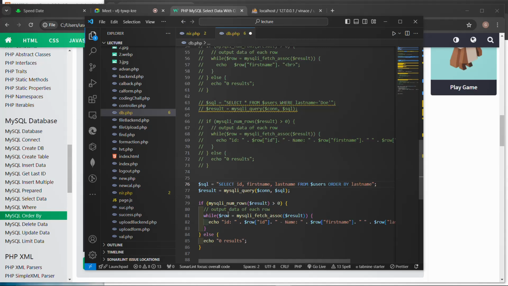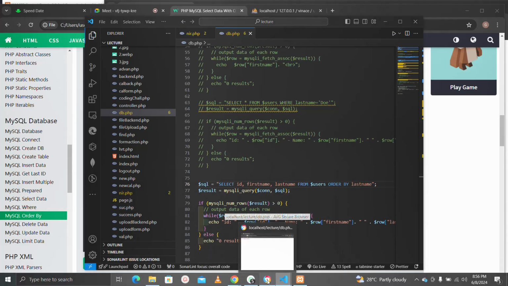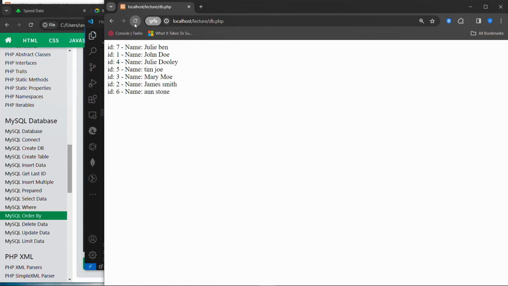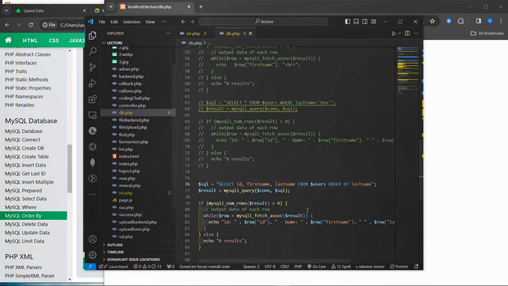So I've already explained this part before. So let me refresh. So it's going to output this data based on the last name in ascending order, which is the default. So now what if I want you to do it in descending order? This is what you need to do. So I think it is